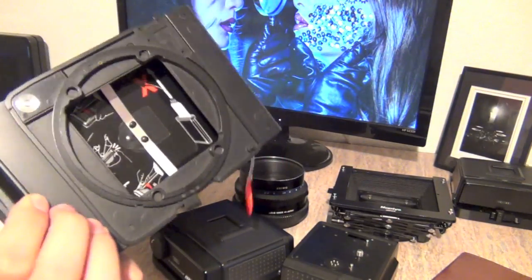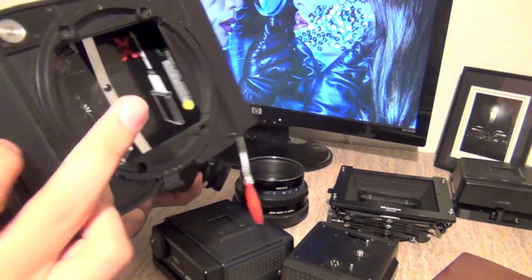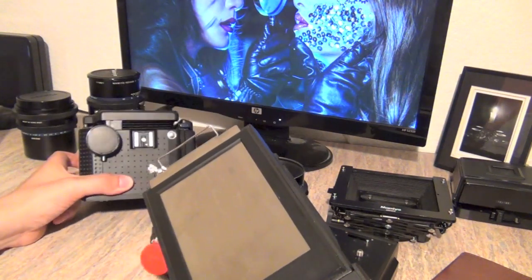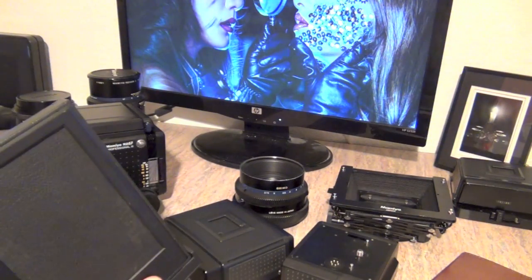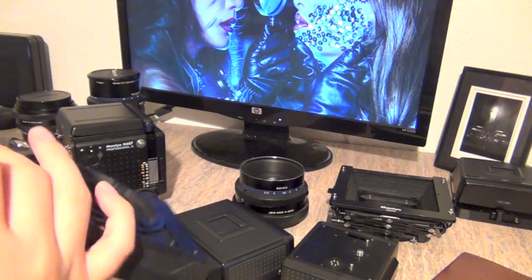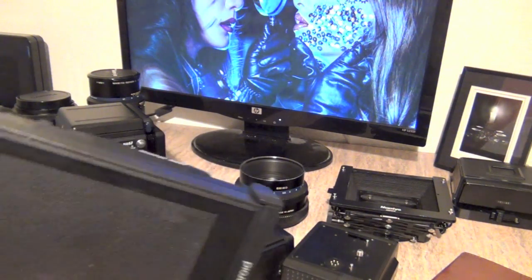And this is really bad. If you have some Polaroid there and I take this back off, I will kill an exposure just by doing that. So this is actually kind of dangerous. In that photo shoot I was using a Polaroid back, and once I got the shot I was changing to this, and I lost a lot, well, like 5 or 6